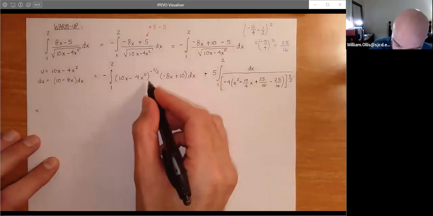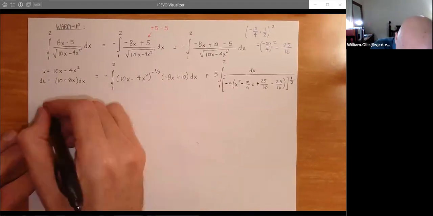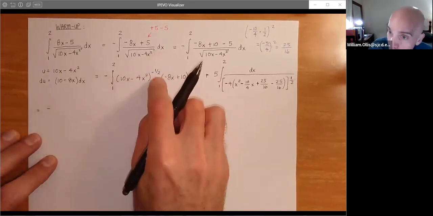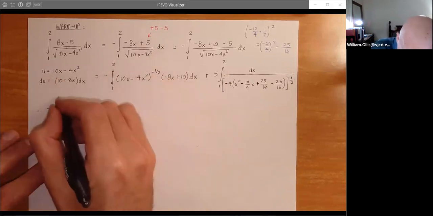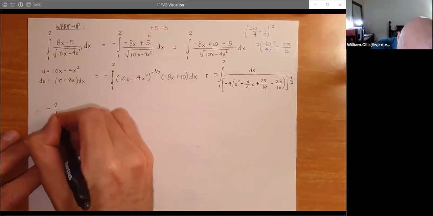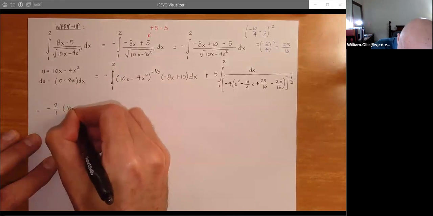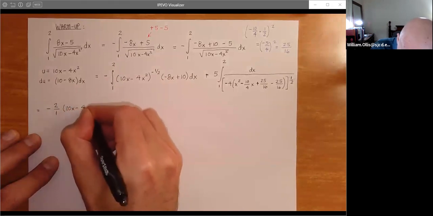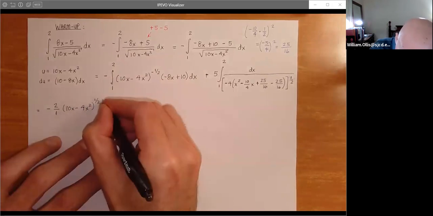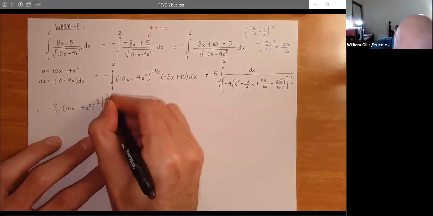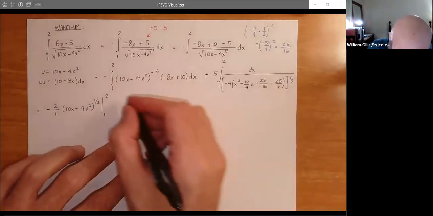Okay, so we can clean this up. So now this one will get to the finish line a lot faster, obviously. So now we have the negative here. So add 1, it's table ready, add 1, divide by the new power. So we get the 1/2, division by 1/2 is just 2 over 1. And then of course we have 10x minus 4x squared to the 1/2. And then we have our limits of integration 1 to 2. Okay, so that's the easy integral. Now over here,